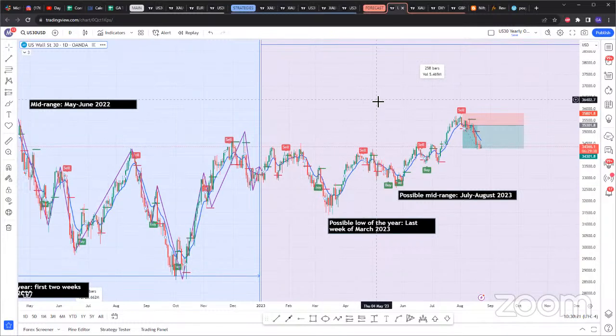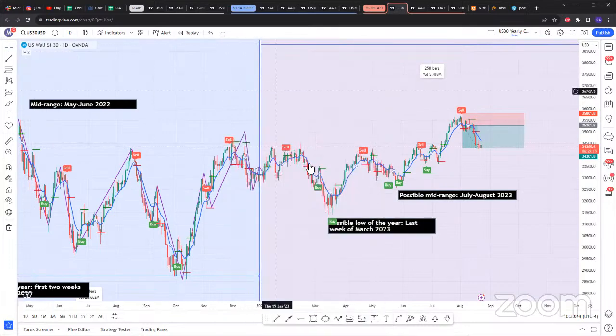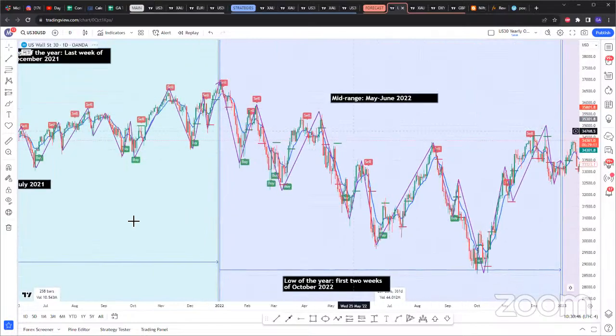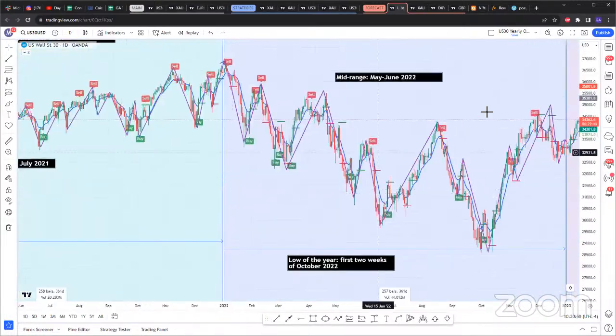That's step one. Then for gold, and actually on the daily time frame, even for an FX pair, just use breakout pips 50 and use the delay as 0, because this is the daily time frame and you're not looking for 2 candle closures. So use delay 0, breakout pips 50, EMA 9, source close, and have both buys and sells. Then break the chart down into years, so you can see every year has a different color here. That's step number 2 or 3 or whatnot.